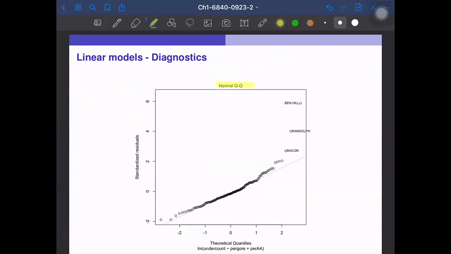Normal QQ plot will see if residuals are distributed normal. And this is actual residual. It's the standardized version, but basically actual residuals. And this is theoretical quantile. So if actual residuals exactly follow normal distribution, all points are on this diagonal line, y is equal to x. But if some discrepancy is detected, such as here and here, that means observations are not